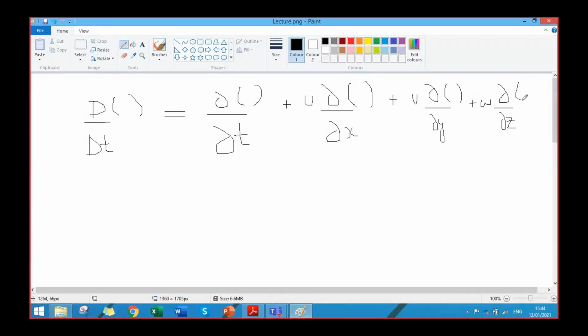This is called the material derivative or the total derivative of any function, where u,